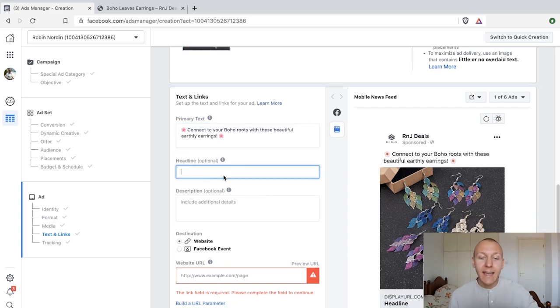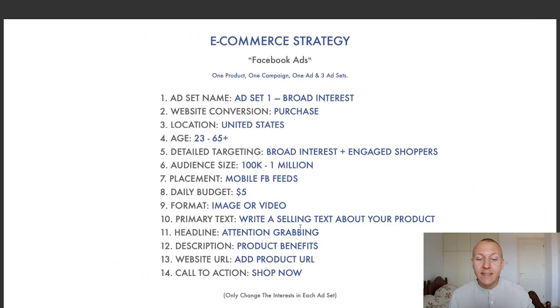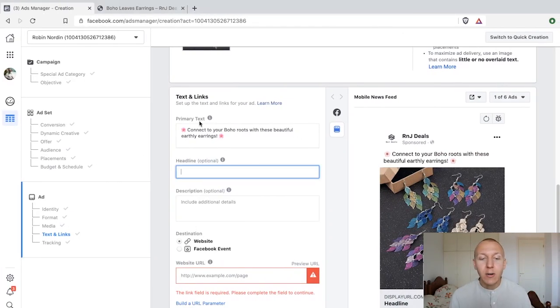Then next up, we're going to do the headline. And as it says here, we want it to be attention grabbing, all right? Now, even though the primary text needs to be attention grabbing and the picture and everything, we don't have that many words for a headline. So we have two options here. Either we can write it exactly as it is. We could write boho earrings, for example, which is going to be a pure product description, or we could write something like, for example,